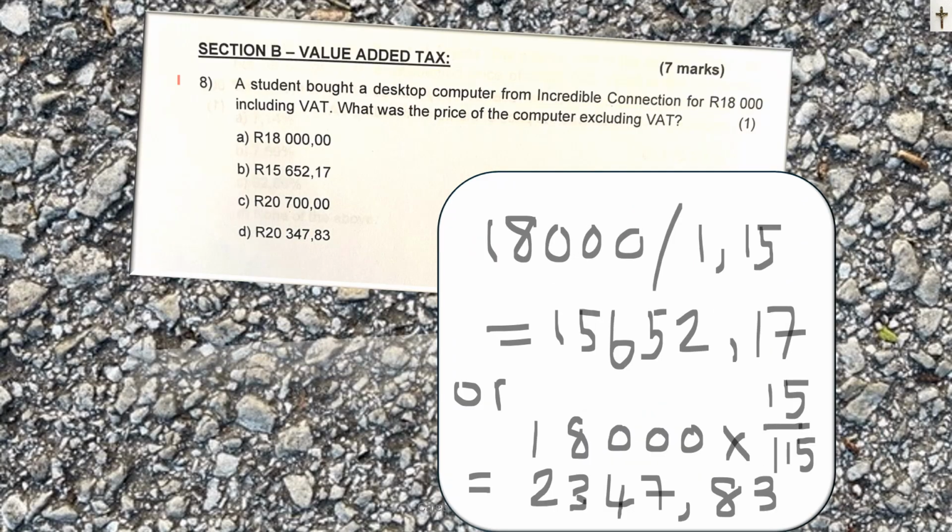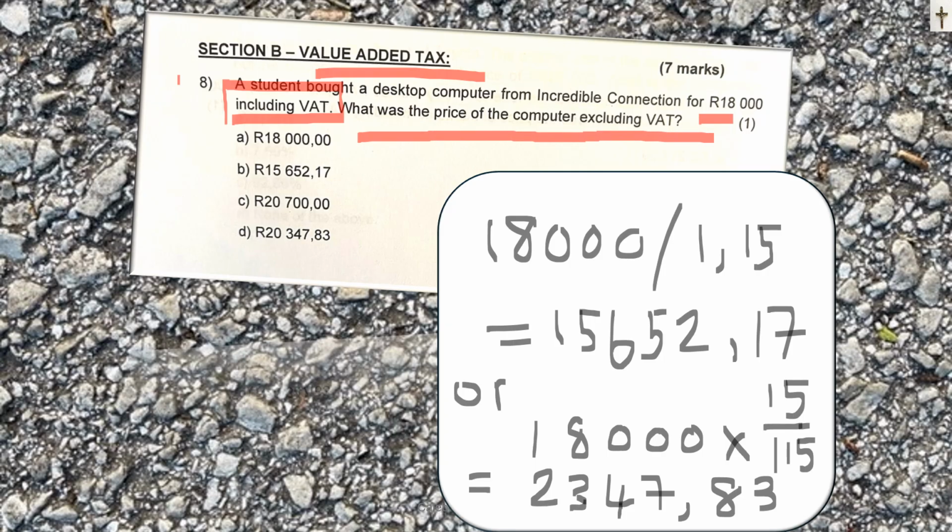Right, I like the tax section. Section B, value-added tax. A student bought a desktop computer from Incredible Connection for $18,000, including VAT. When you get the amounts, you must always check, does it include VAT, exclude VAT, or is it the VAT amount? Now they say, what was the price of the computer